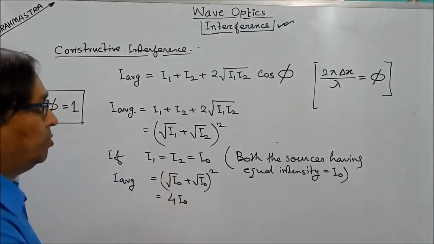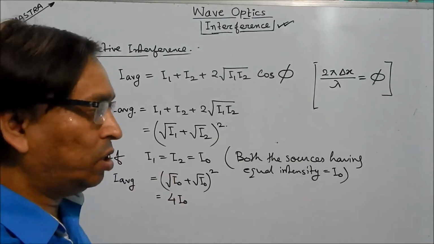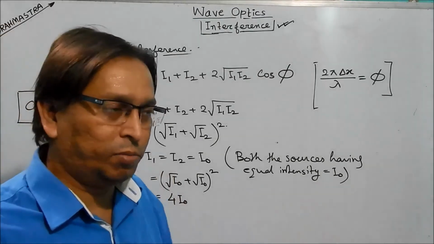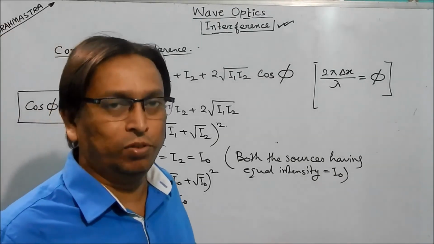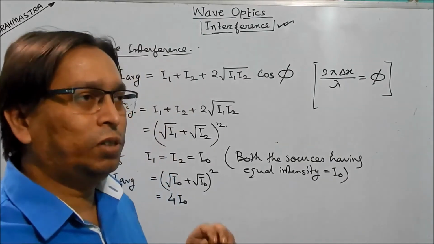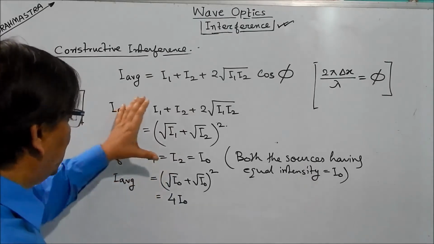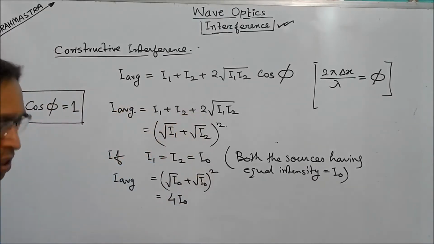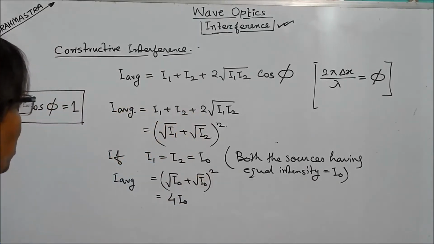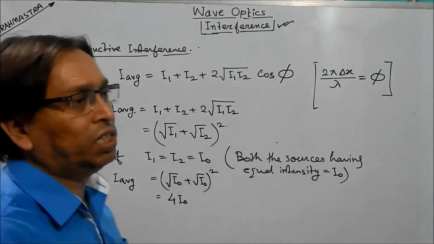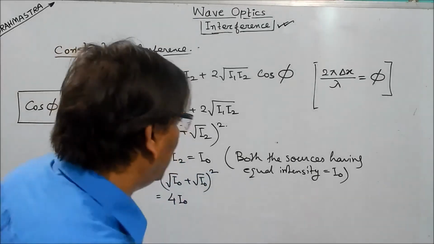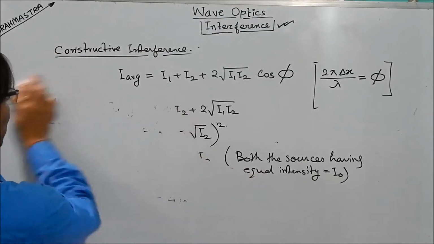Not only light, electron beams and some minute particles, alpha particles, which actually have matter waves, all show this sort of constructive and destructive interference. So these are the results of constructive interference. Now the pictorial view of this, what it means that the path difference is an integral multiple of lambda, can be shown in this way.